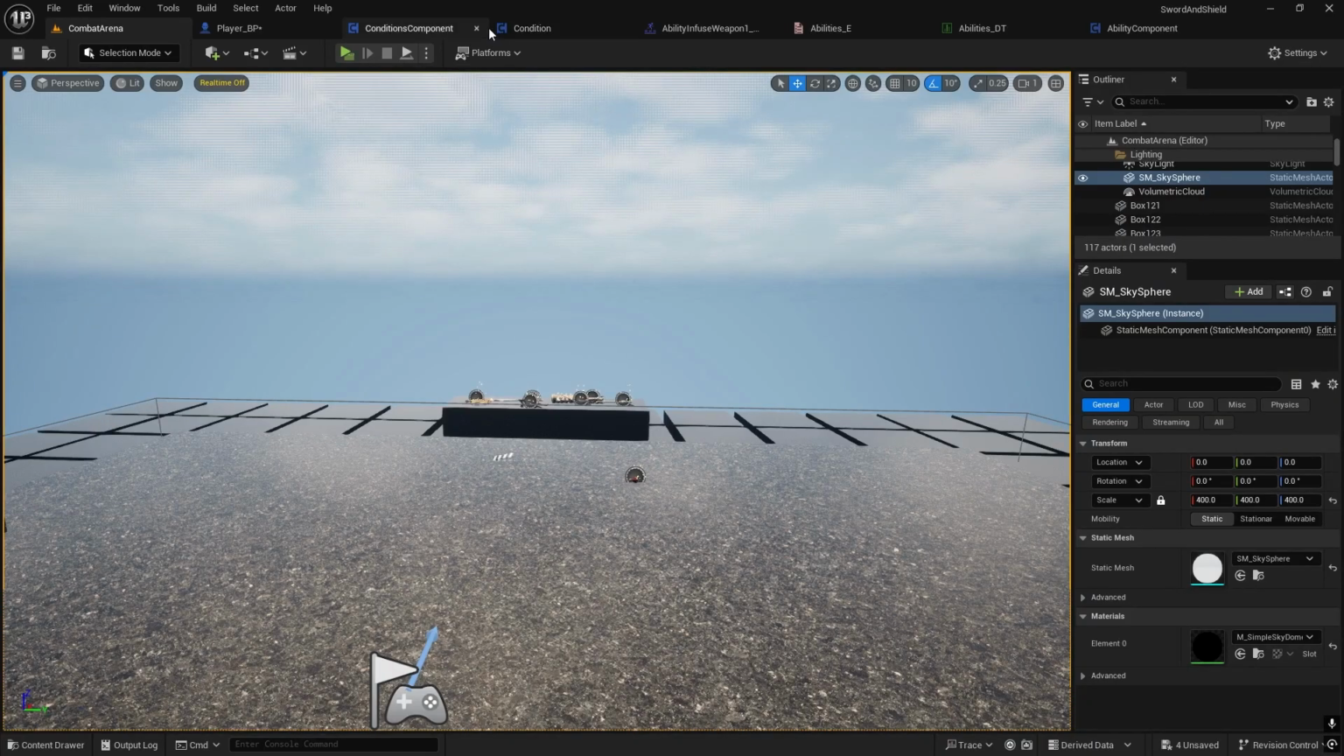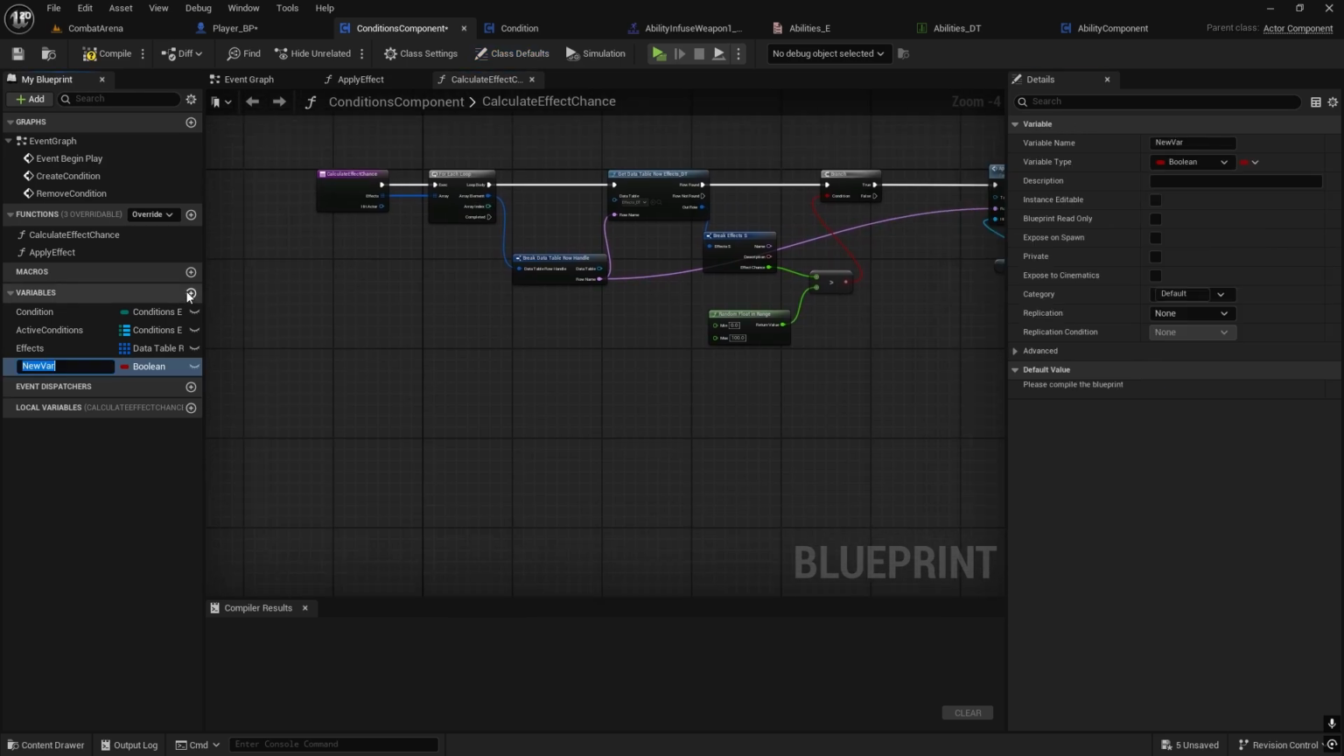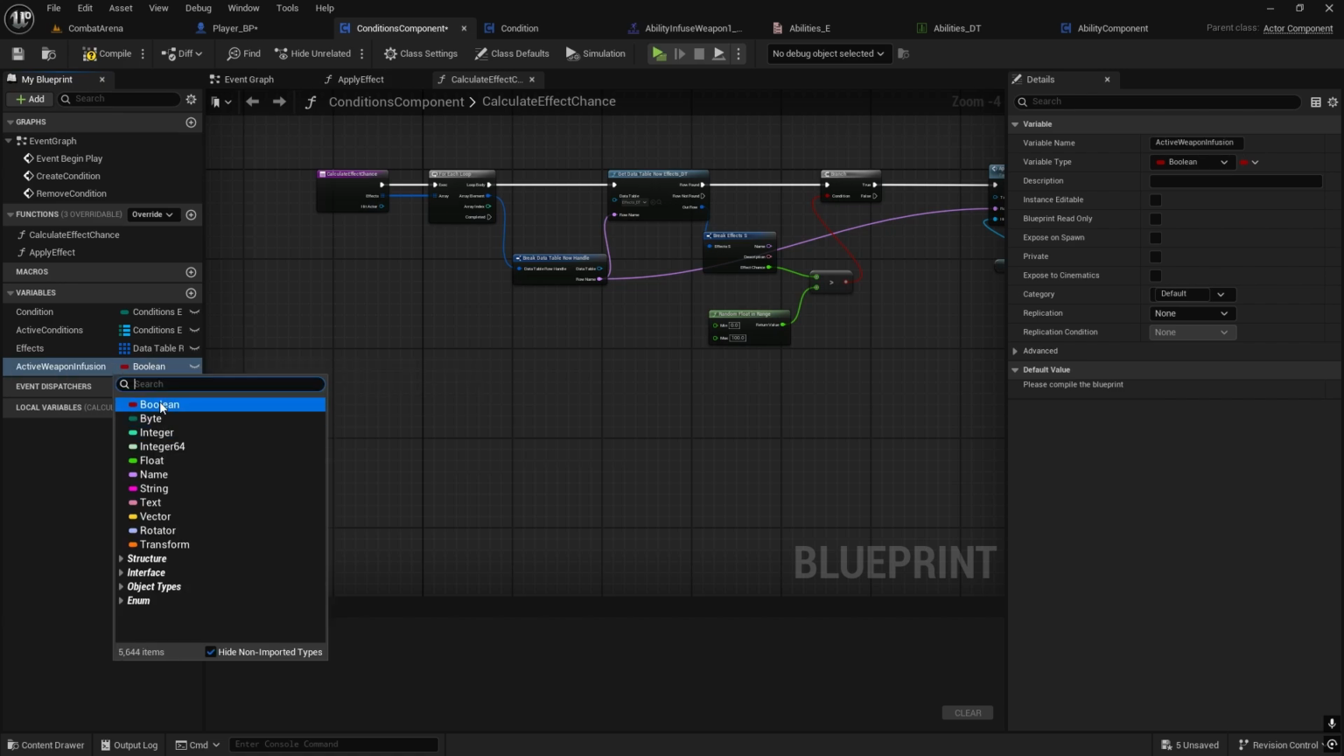Alright, so that's the issues. And now what we want to do is to prevent using the duplicate infused weapon, so using the second one while we have one already equipped. So for that, let's go to conditions component first. We're going to add new variable, and this one will be active weapon infusion. It will be conditions enumerator,